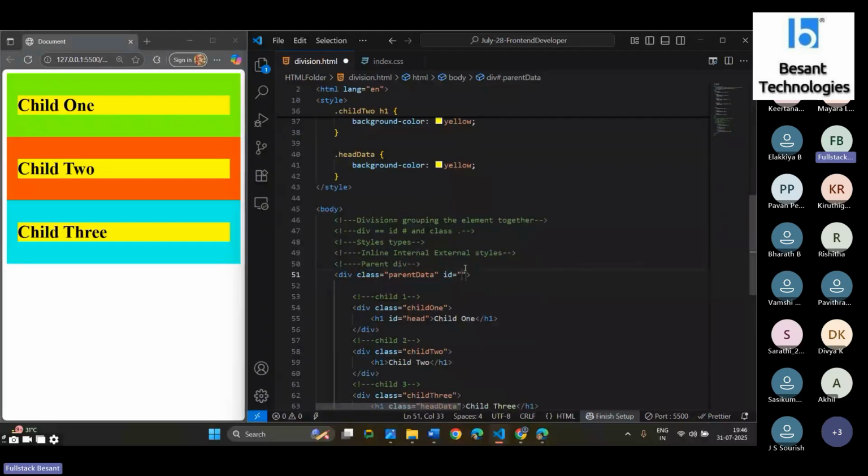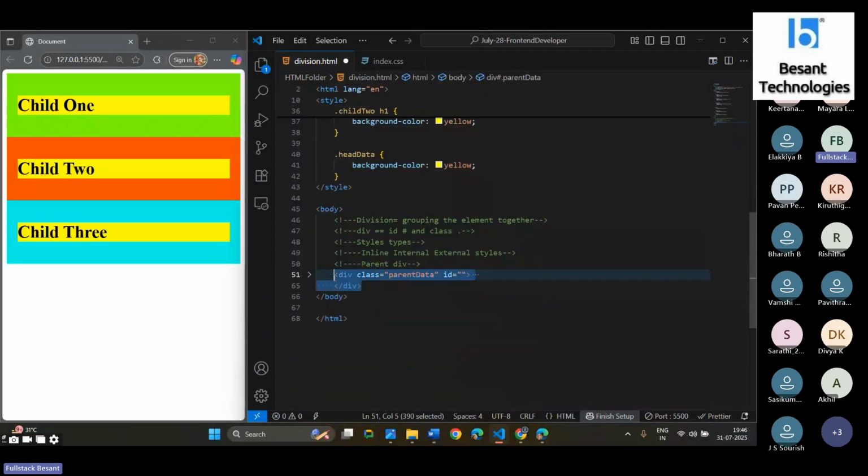Okay. So for example, you want to make a common background color for this section, and for the second section also you want to make some common background color. In that case you can create a class here. Okay, for font style or text color, some animation or border things, if you want to make a unique style for the first section and the second section,